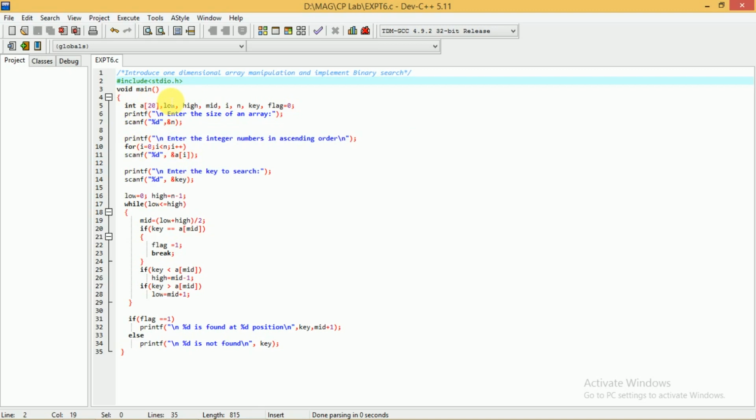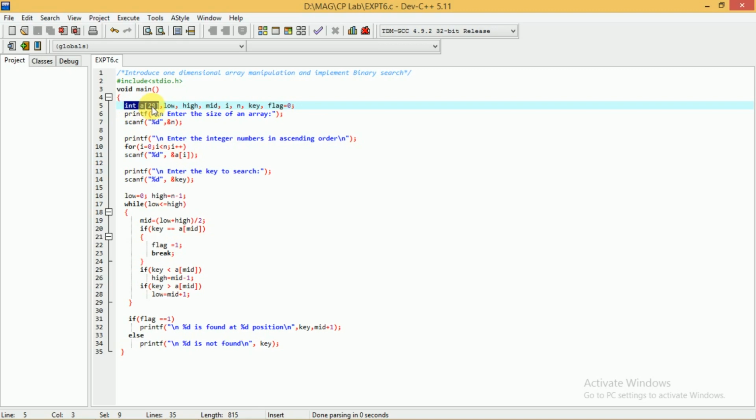After this your program starts. We have void main, and after this we have the declaration of the variables. What all variables do we need for this program? First we declare an array variable. How do we declare an array variable? Observe here: the syntax for declaring an array variable is similar to the syntax of declaring a simple variable. The only change is that along with the name of the variable, you have to specify the size of the array.